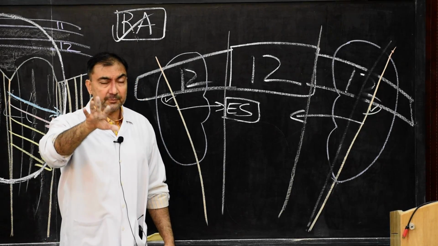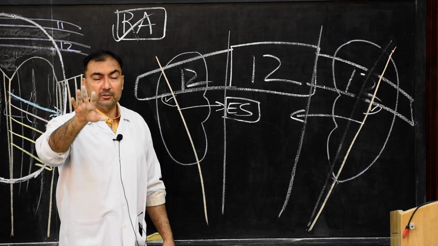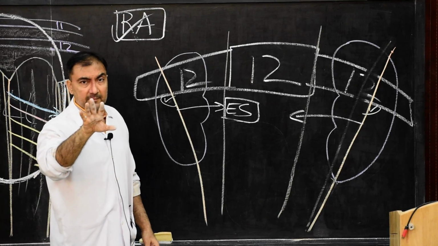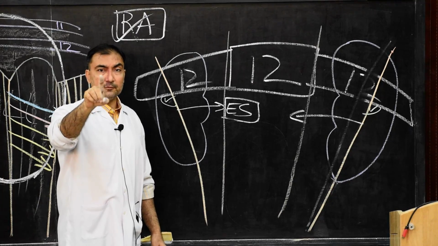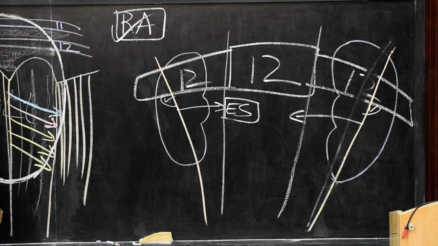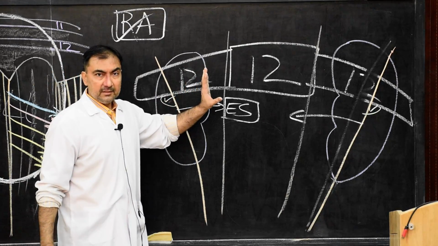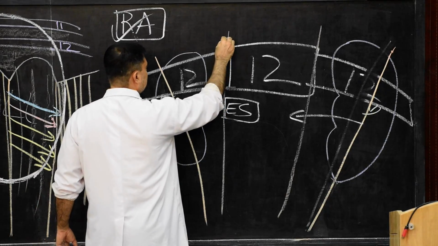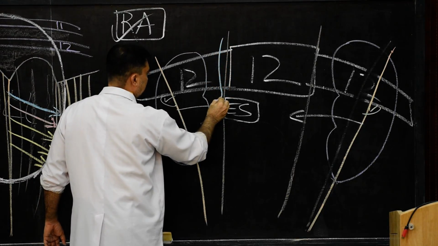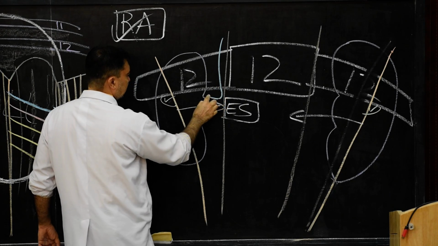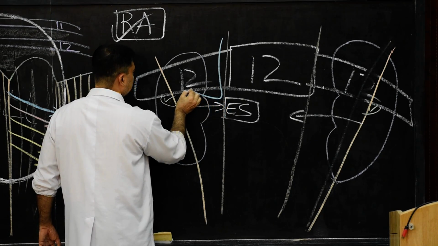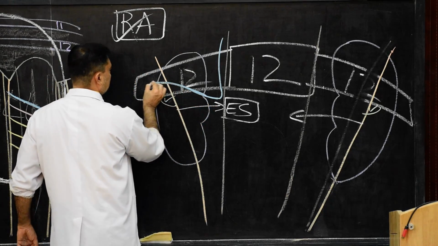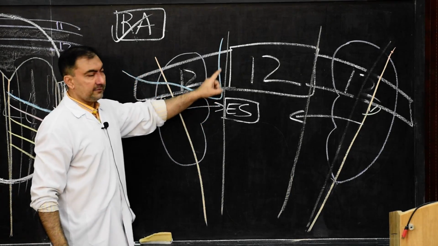And why does this occur? Because we know that the costodiaphragmatic pleura is present below the 12th rib only at the costovertebral angle. If I show the pleura at this point, the costodiaphragmatic recess of the pleura will be present below the 12th rib only at the costovertebral angle, and it will be present above the renal angle. This is how the pleura is reflected.